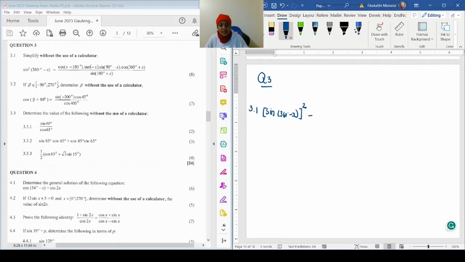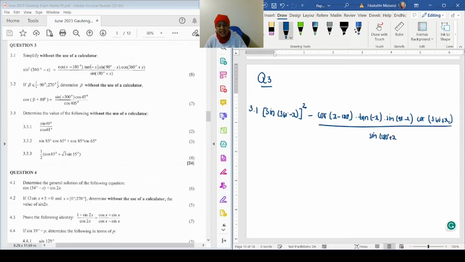And then it's minus cos of x minus 180. All right, and then we have tan of negative x, and sine of 90 minus x, and cos of 360 plus x. It is all divided by